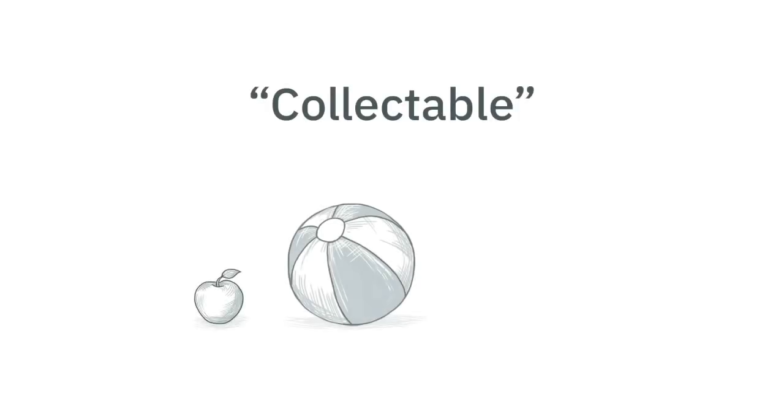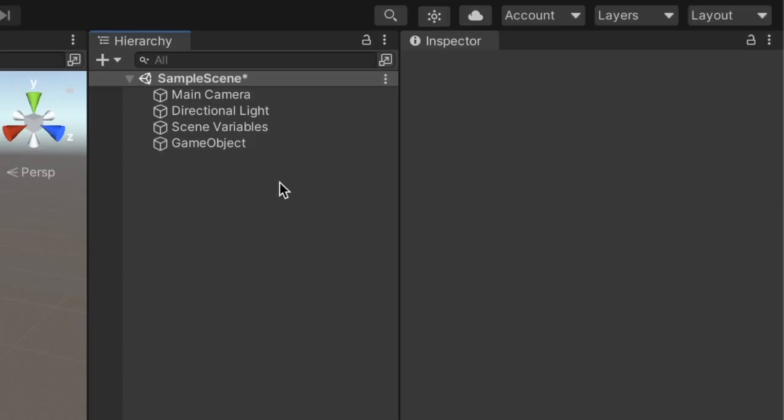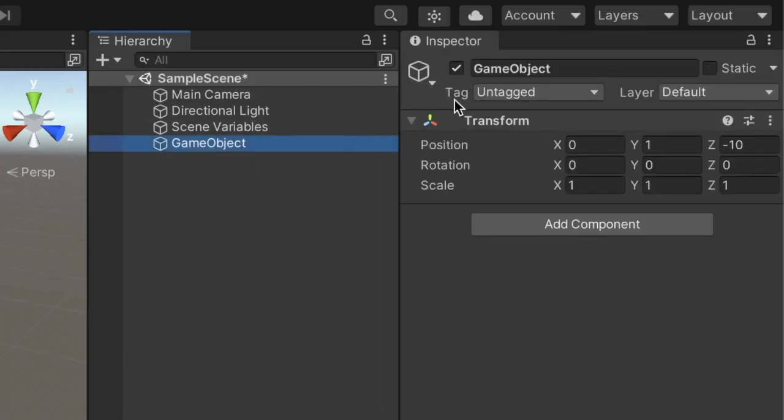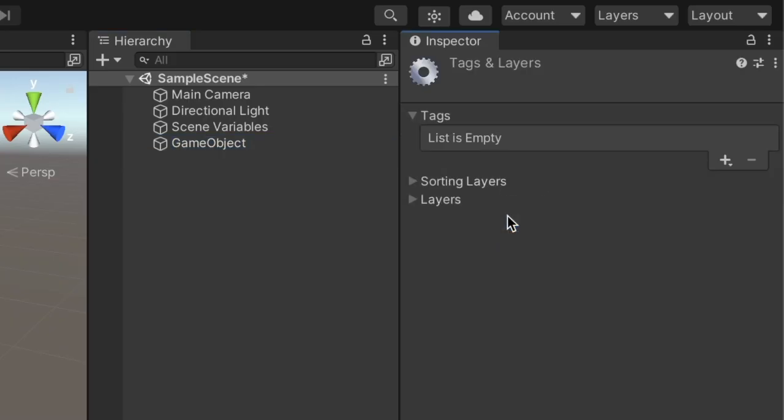We can assign tags to game objects to categorize them. For example, we may use a collectible tag to define all items in the scene the players can collect. Tags aid us in identifying game objects to treat them differently in our scripts. In the game object's Inspector, we assign a tag in the drop-down near the name. We can either choose from Unity's predefined tags, or create a new one by choosing Add Tag and, well, add